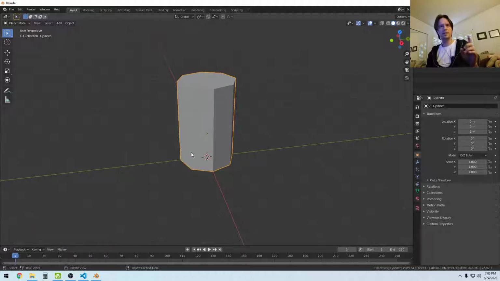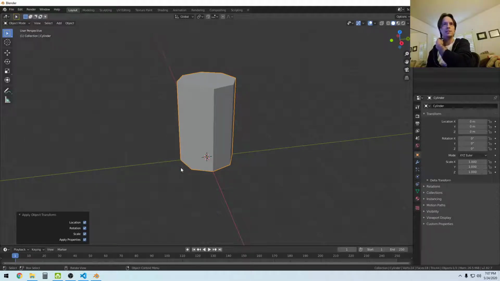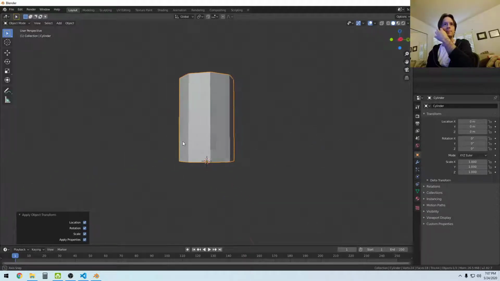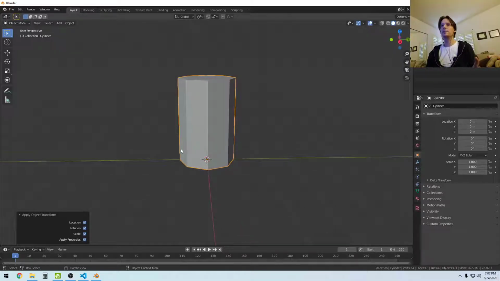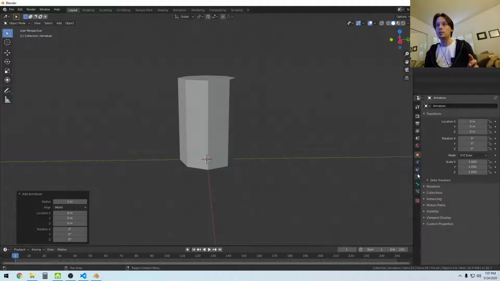Oh, one thing I think I forgot to do last time is I want to apply all these transformations I do. So that's very important. I want to make sure I do that. So yeah, if I didn't do that, that's definitely one reason why it could be messed up. Hopefully the only reason. So then I want to add a bunch of bones, and I can't see it, so I gotta go to